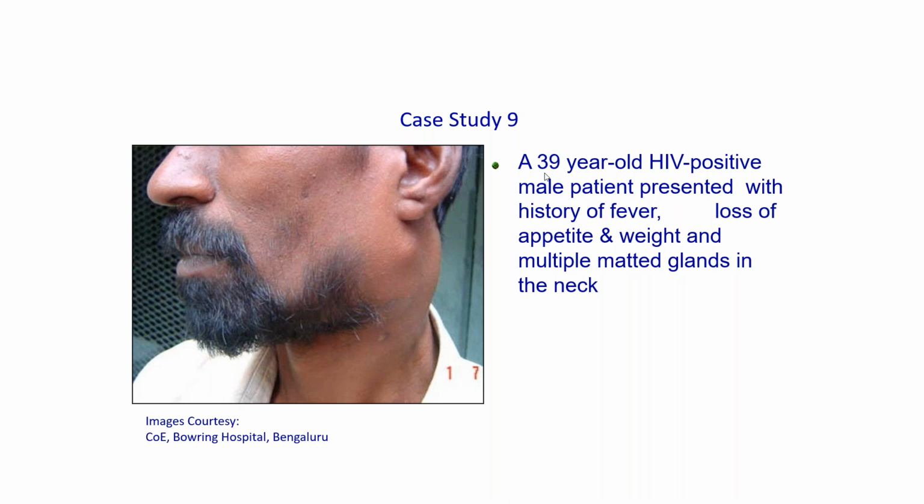All right. So like somebody has quoted it, you have to rule out a lymphoma, an NHL, everything in this patient. You will get an FNAC done. You are not going to go by your clinical diagnosis that it is matted, so it is TB. No, you will still get an FNAC done. Yes, it could be any other malignancy. It could be an oral cavity malignancy with a large lymph node draining. But because it is matted, it is more likely to be TB, but you will still get a fine needle aspiration cytology. You will still subject it to a CBNAAT,